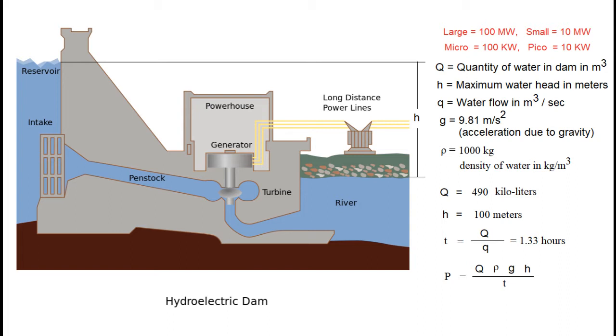If we consider Q as the capacity of the reservoir in liters and H as the head of water in meters, then we can find out the electrical generating capacity of the hydroelectric power station. We have to convert the volume of water into the weight of water using water density rho. Subsequently, the force that may be exerted by water in newtons may be found by using acceleration due to gravity.